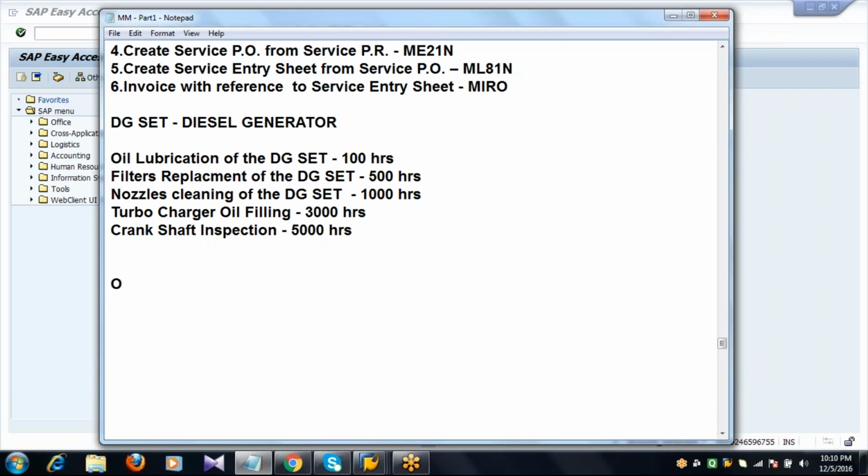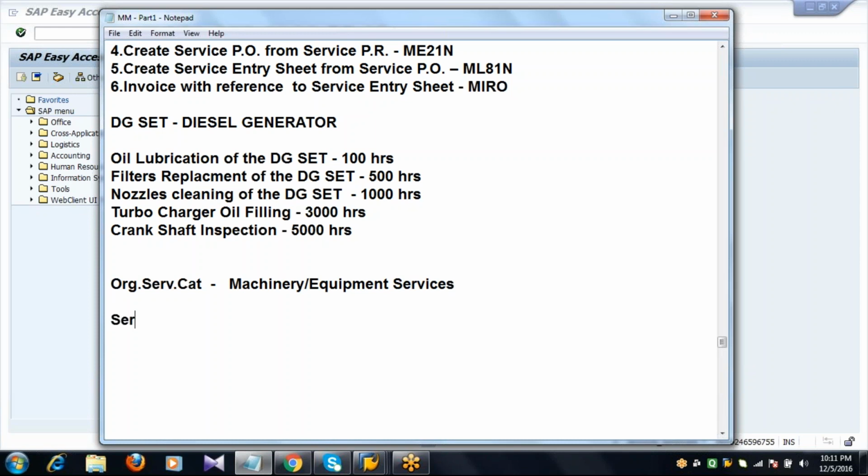Organization service category means, for example, I will take it as machinery or equipment services.